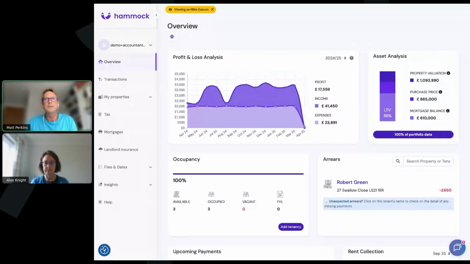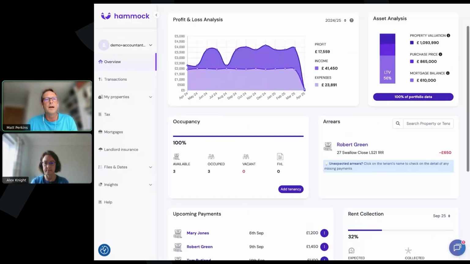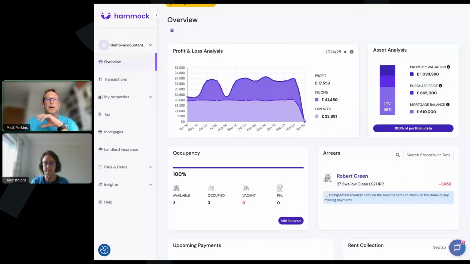All right, so this is what your Hammock account looks like. You have a dashboard, and really helpful for you, you can see things like the profit and loss. A lot of landlords will tend to chuck all their stuff to an accountant at the end of the year. Your accountant will tell you how much extra tax you've got to pay this year, and you'll mutter and moan. But a lot of landlords don't actually see on an ongoing basis what their properties are doing. So with Hammock, because it's this live reporting, you have profit and loss on your properties, and you can look